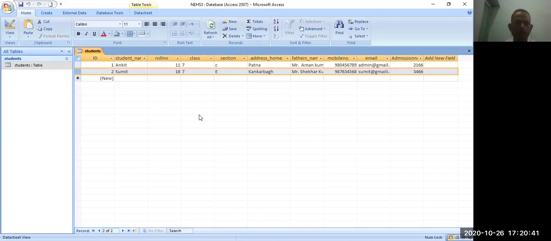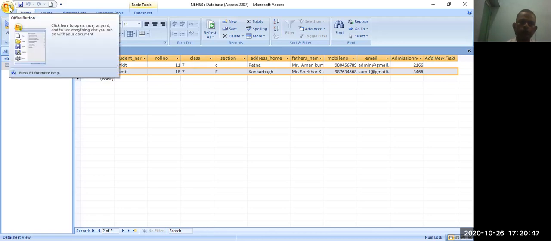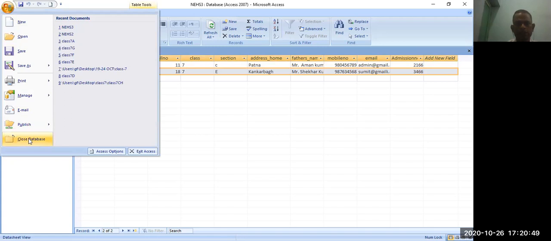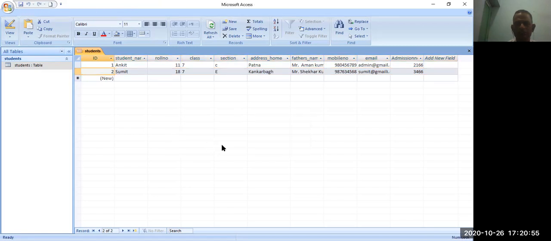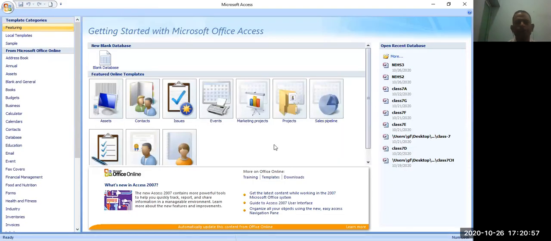How will you close? You just need to close the database. Once you click there, it asks, do you want to save changes? Yes. Now if you want to click open existing, you can use the existing one which you have created, or you can select any one.